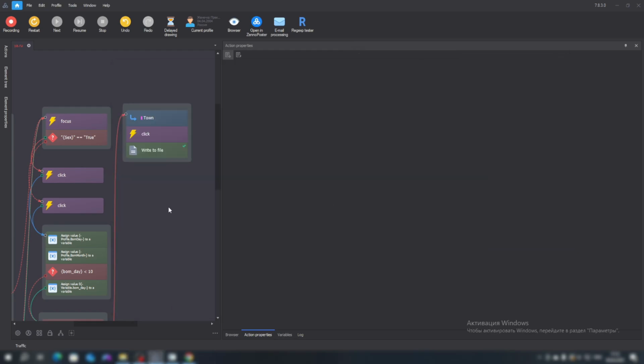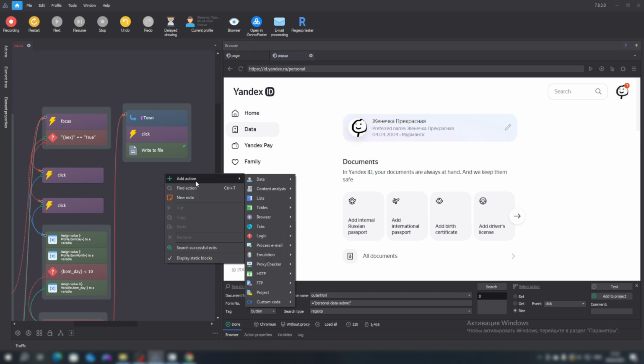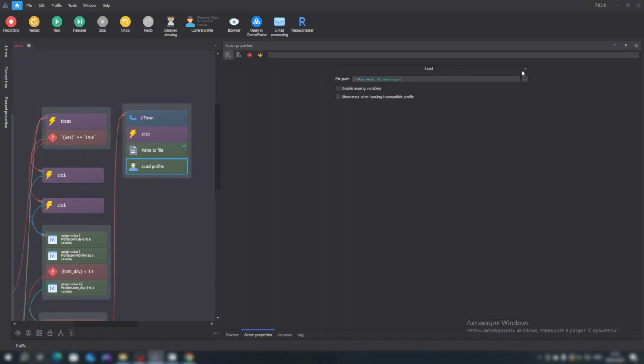Okay. The second method is to save it as a folder. Add actions, data, work with profiles. We select the action Save. And then we need to specify the path for saving our profile. By default, this is, again, the folder of our project.